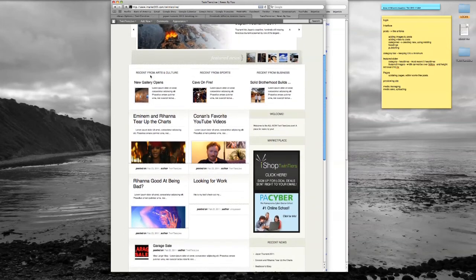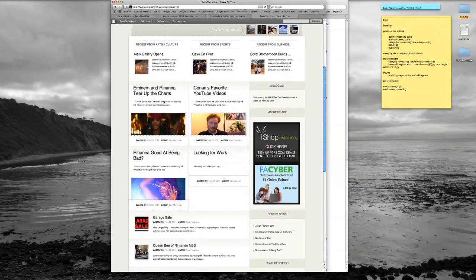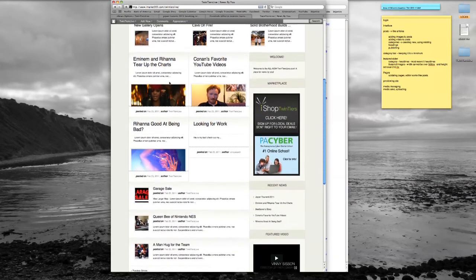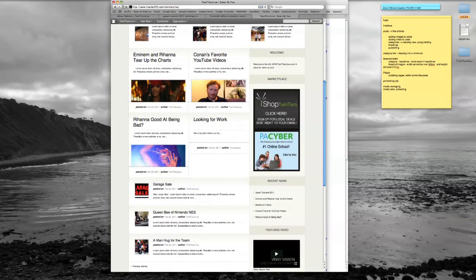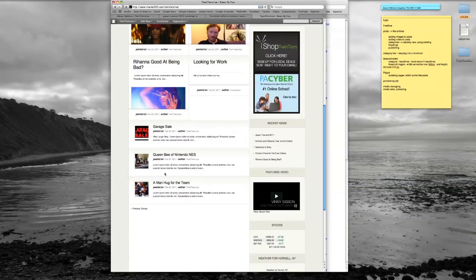More on the front page. We have three columns here, which are recent from 3 specific categories: recent from arts and culture, recent from sports, and recent from business. And this shows the most recent post in those 3 specific categories. And below there are the recent posts from any category. We have four main ones that show up big, and then there's 3 here which show up underneath